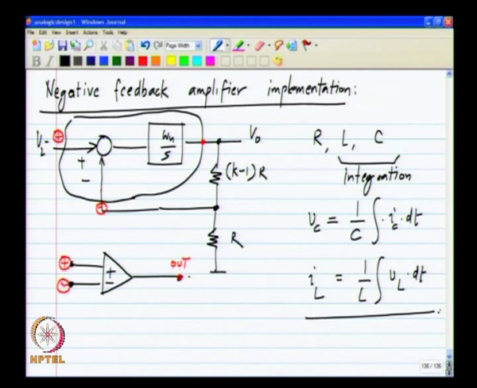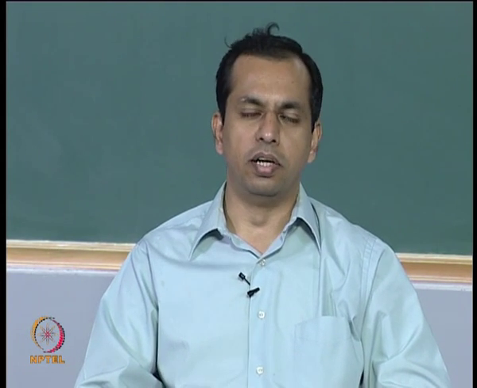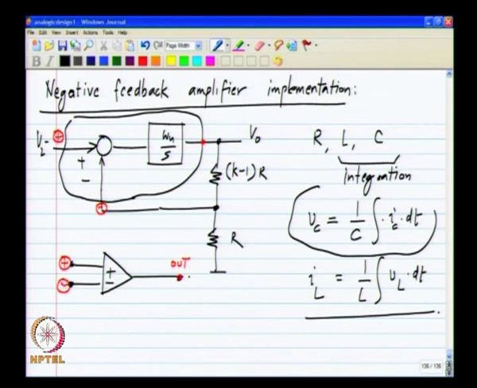So, in principle we can use either of these to implement the function of integrating with respect to time, but in practice inductors are harder to come by and more restricted in the range of values. It is easier to make good quality capacitors than good quality inductors, and inductors also tend to be bulky. And as you know, this course is entitled Analog Integrated Circuit Design, and on an integrated circuit everything is very small. So, you can't use an inductor as an integrator very effectively, we have to use a capacitor. So, that is what we will do, and our implementation of the integrator will consist of a capacitor.